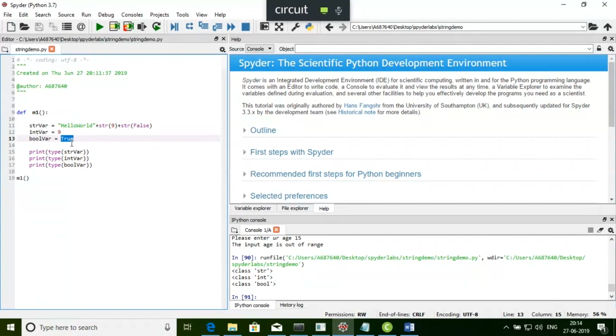So in Python, whatever you are going to declare, it's an object. You have to remember that. And that is also another point of difference from Java. In Java, there is a concept of primitive data types. But in Python, there is no concept of primitive data type. Any variable you declare, it's an object. And that's a very good implementation because